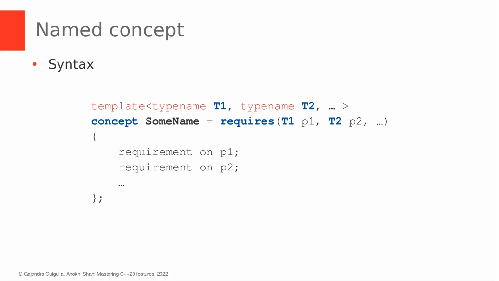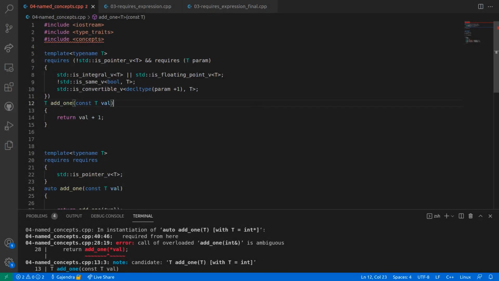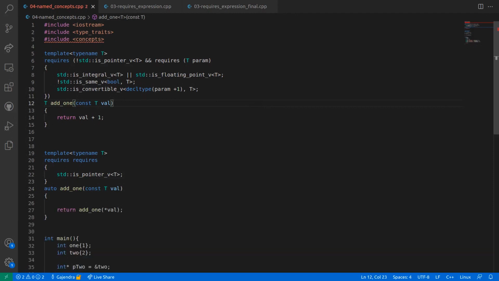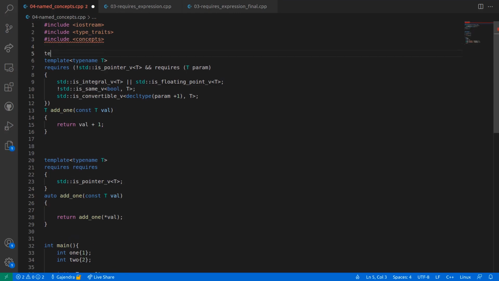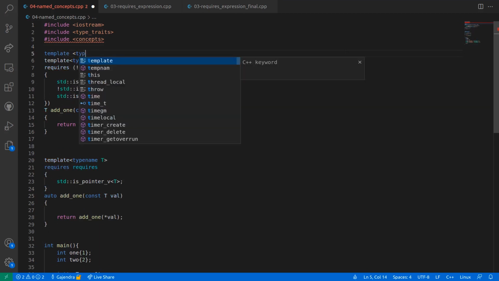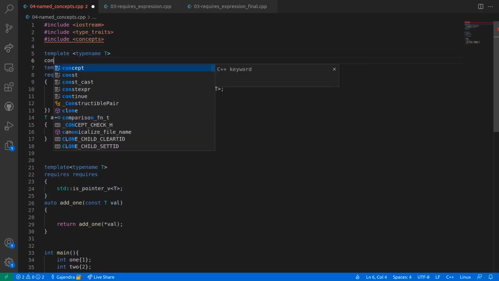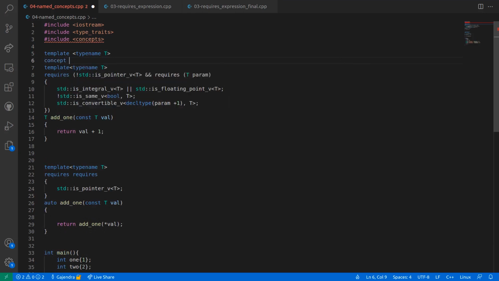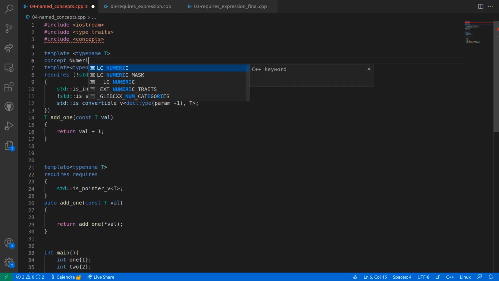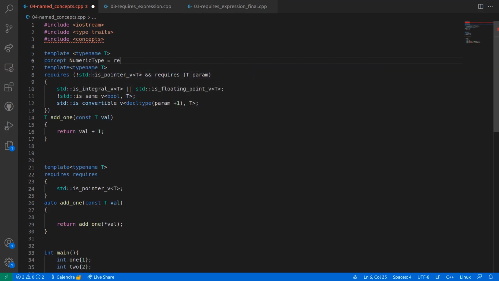Let me switch to my code editor. Here's the code from the last lecture. Let me hide the console. And let's start creating the named concept. I can call the named concept for the first overload of add1 as numeric type. Here I can copy the requires expression from the first overload of add1 and create the named concept out of it. For example, template type name T concept and call the name of the concept as numeric type equals to requires keyword,